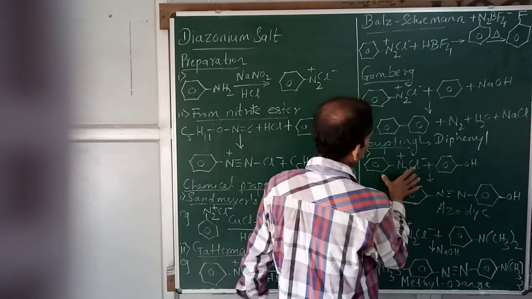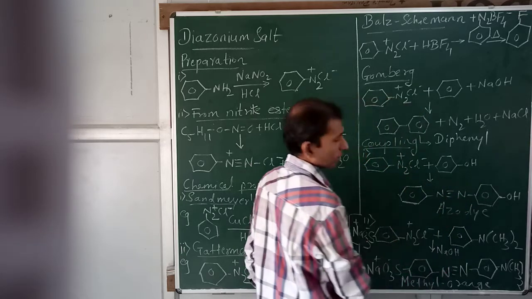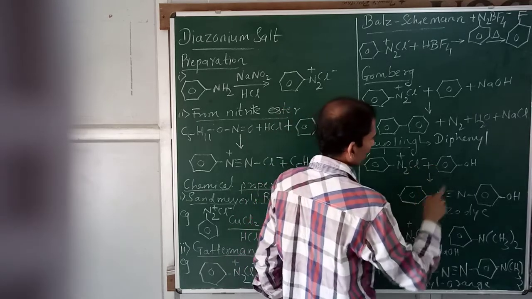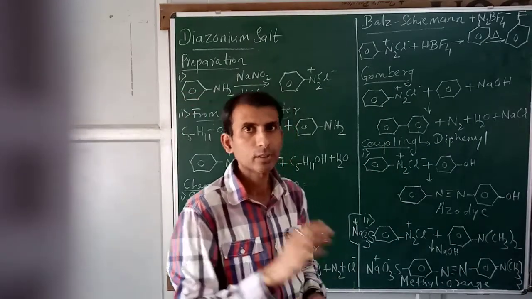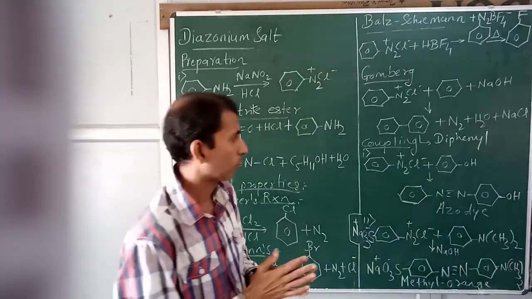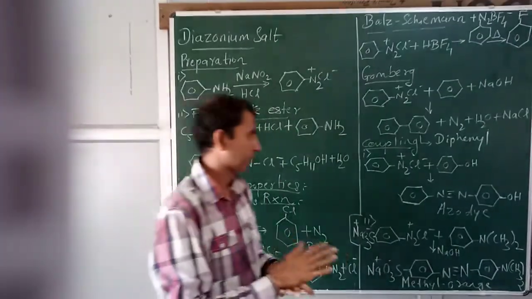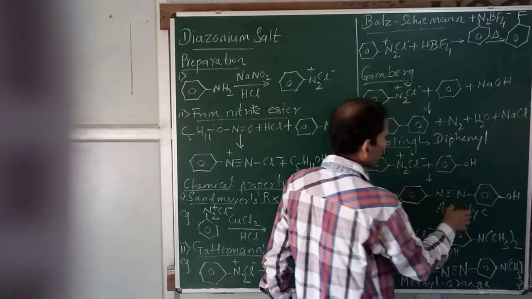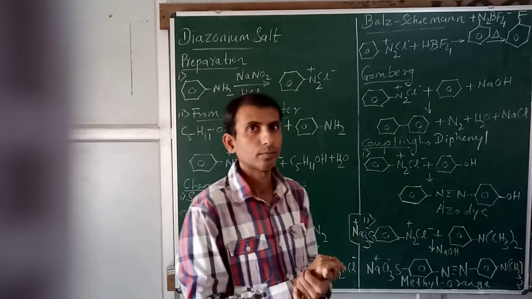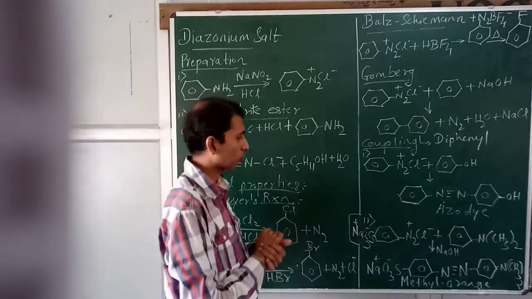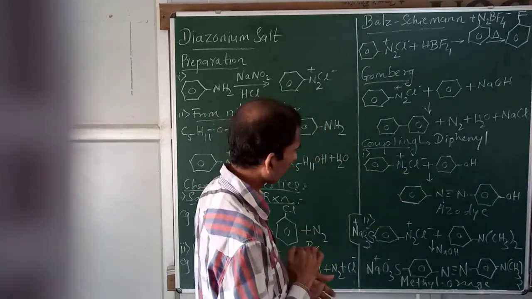What is the coupling reaction of diazonium salt? So you take diazonium salt and phenol. H from here and Cl from here are lost as HCl, and we get an azo dye. Dye means, as we already saw in the last lecture, the permanent color which can be applied on fabrics. Here it is an azo dye because this N=N group is called the azo group.